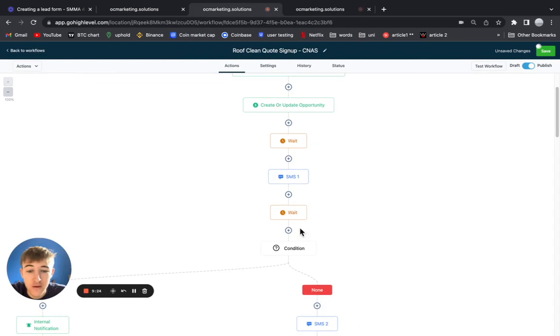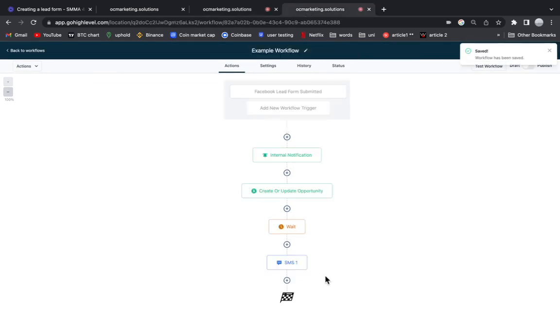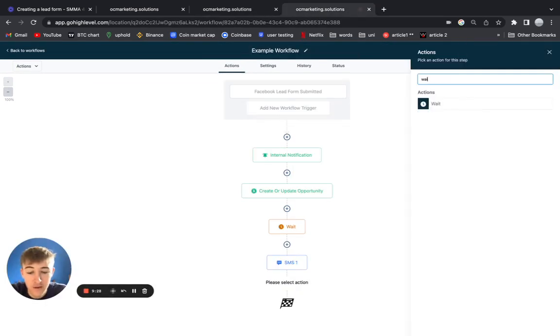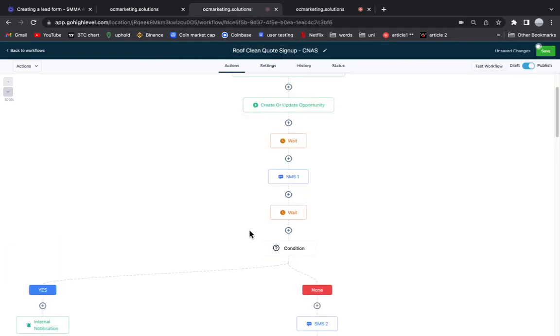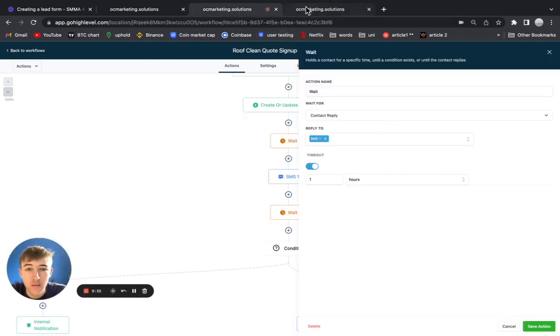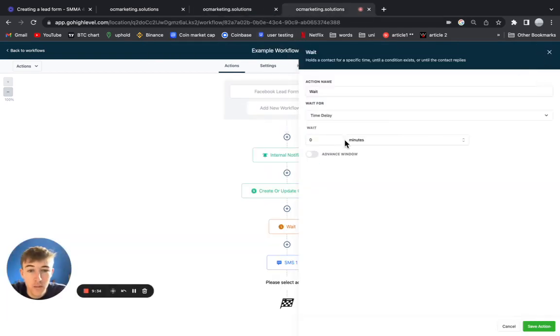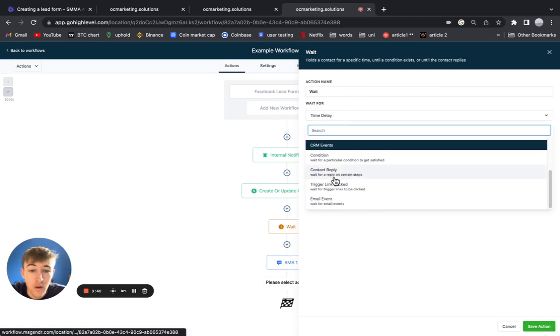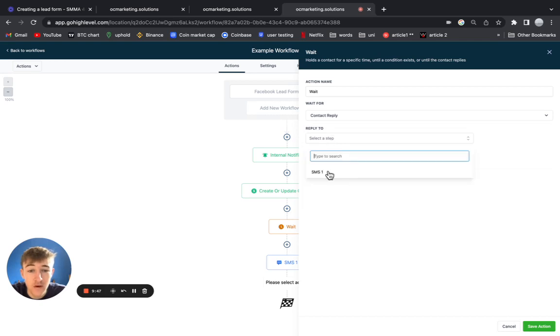So as you can see, there's another wait signal, which we're going to implement here. And this is going to wait for, let me check how long this was. It's going to wait for 1 hour. So we're going to change this wait from time delay to condition, or to contact reply, sorry. So this is going to mean it's going to wait 1 hour to reply to SMS one, and then we're going to add a timeout,